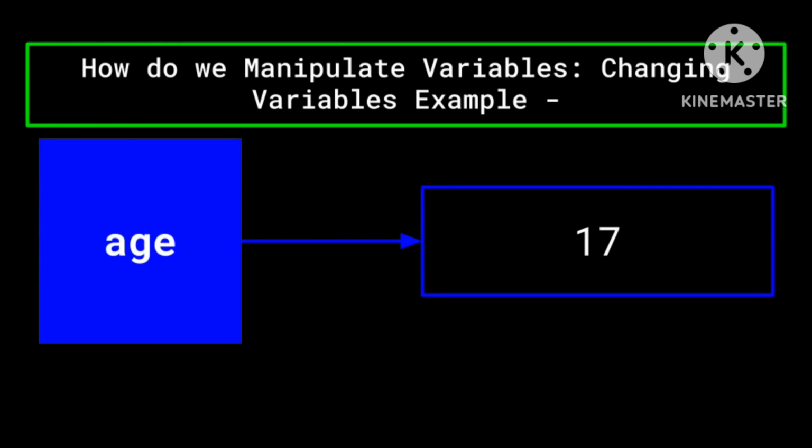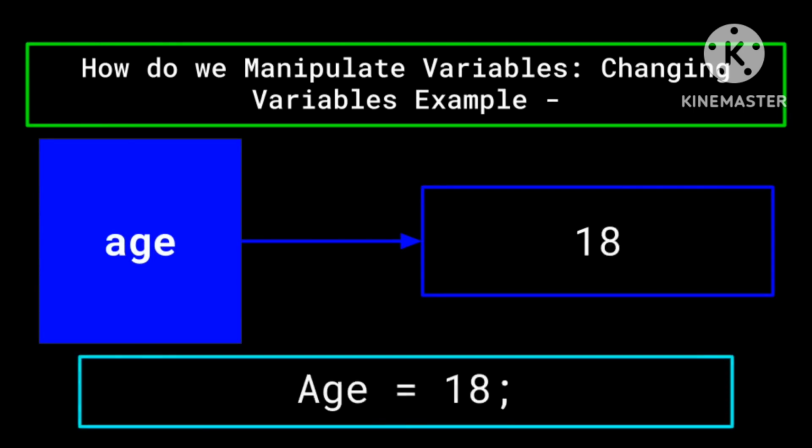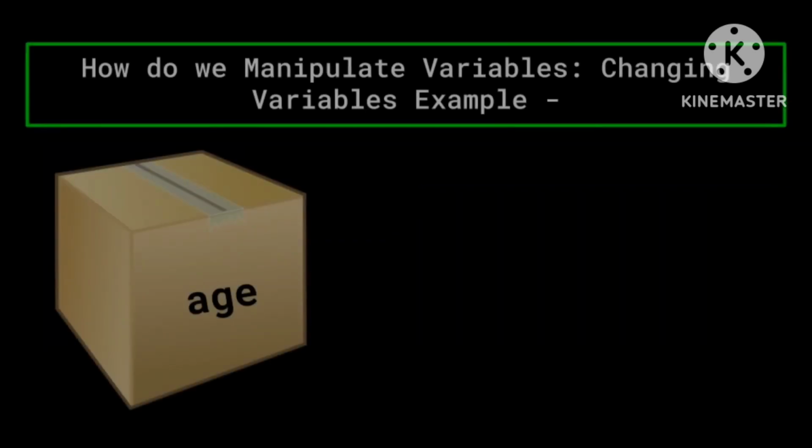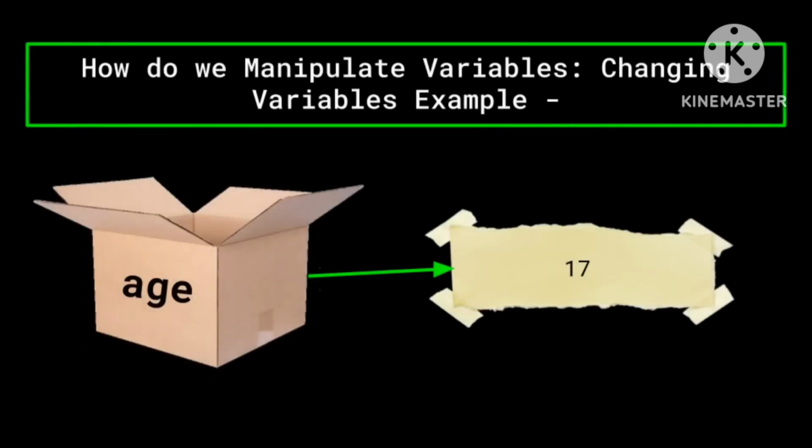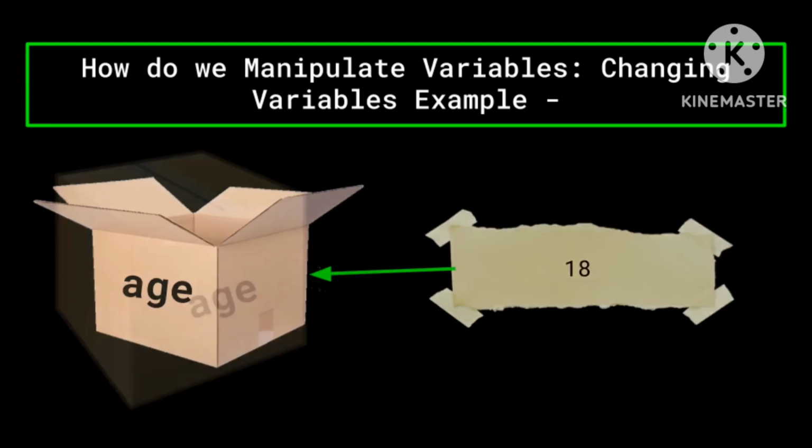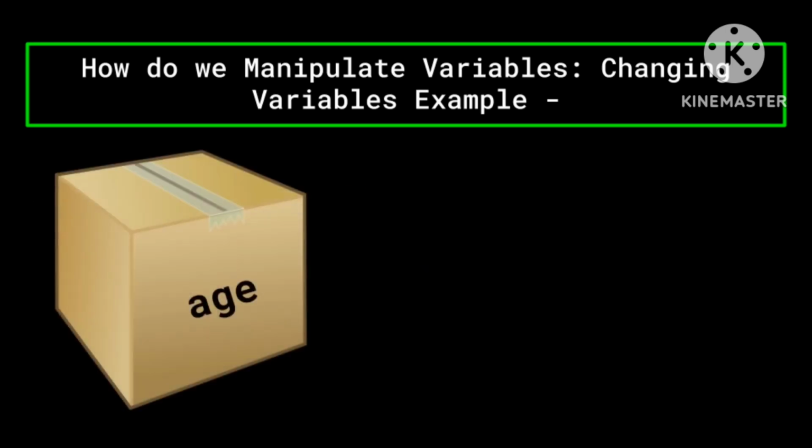Then, you celebrated a birthday and wanted to update your age. All you would have to do is reference the variable and set it equal to whatever new integer you want the variable to hold. In this case, 18. This would be the same as having a box labeled age with a sheet of paper reading 17 inside of it, and then taking that piece of paper out, erasing 17, replacing it with 18, and then placing it back in the box. Doing this, we are able to easily update the contents of our variables throughout the code as